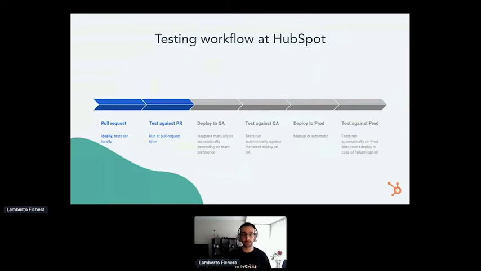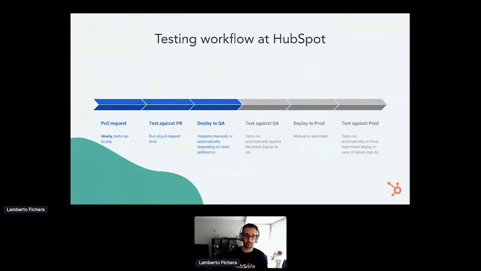And then we have a deploy to QA phase, where it's simplified by saying deploying to QA, but we have different QA stages. Overall, the concept is the same for all of them. This deploy can be automatic or manual.